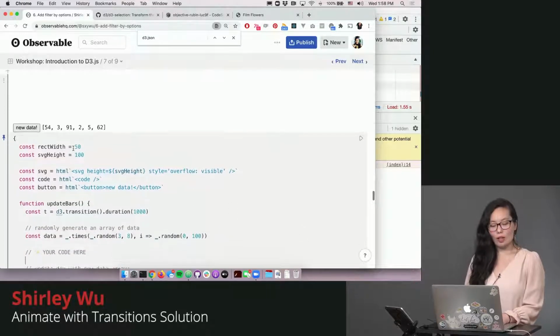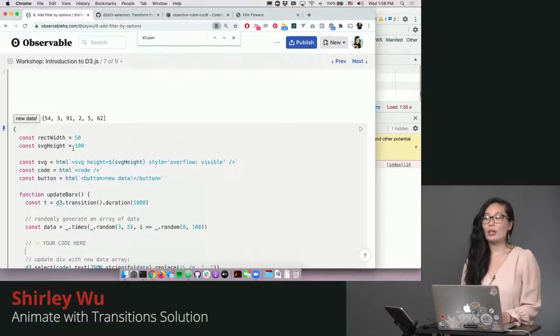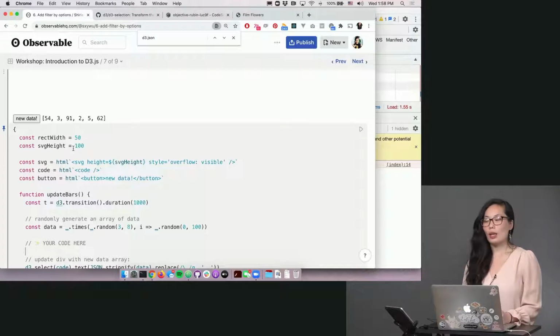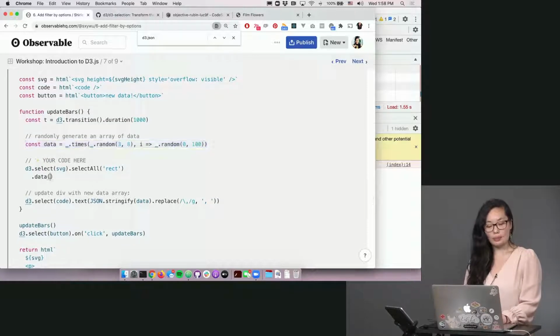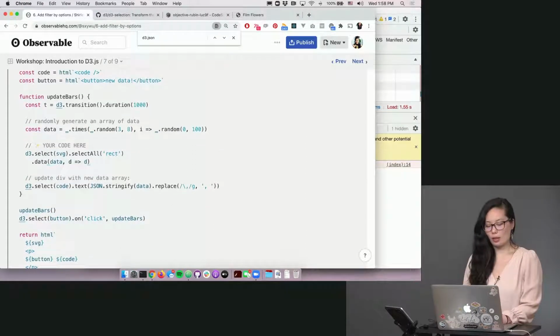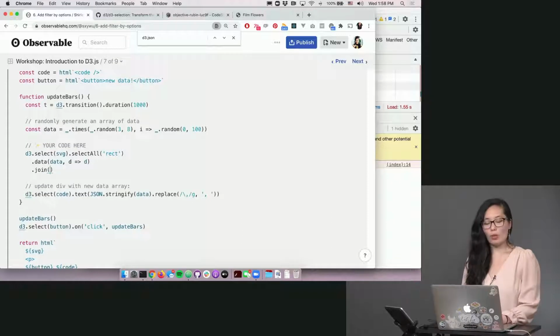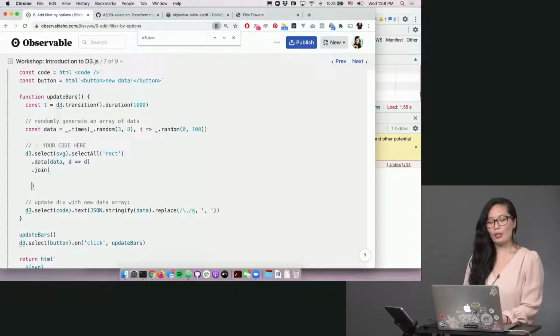Let's code along together. So the very first thing we can do is select all of our rectangles and we bind this data. So we have this randomly generated array of data and we'll pass in our key function. And as before, we will do a join, but instead of